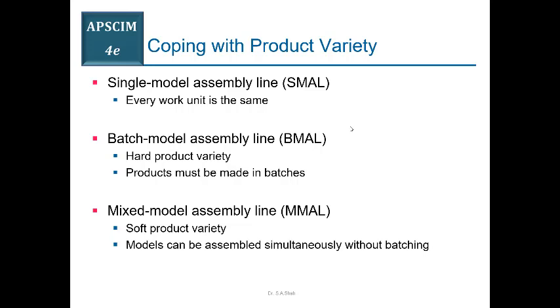सो इन मोस्ट ऑफ द केसेस इफ यू हैव वेरिएशन इन द product variety, so that will be batch type of setup. So with reference to those varieties, you may have single model assembly line, batch model assembly line, and mixed model assembly line. Mixed model assembly line is again batch model assembly line. But in batch model, independent batches will be assembled. For example, अगर दो batches हैं तो